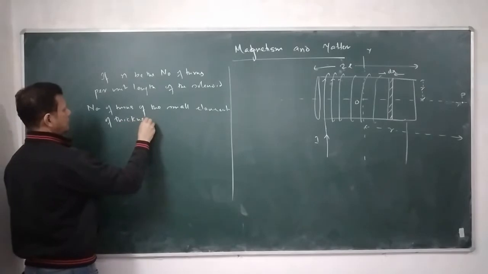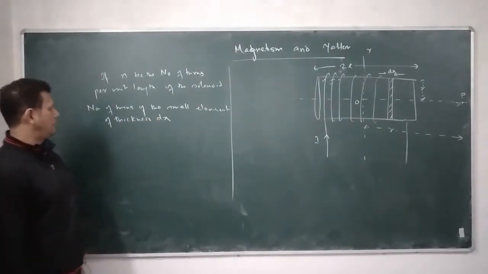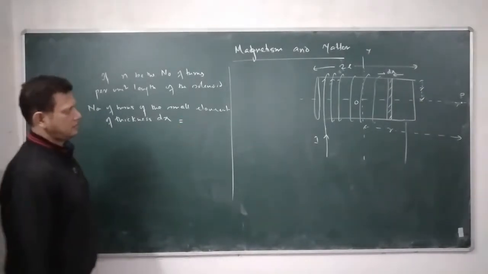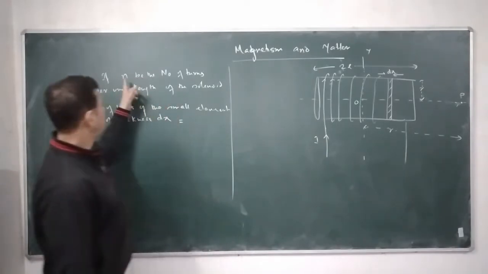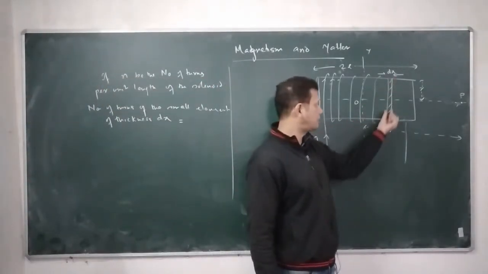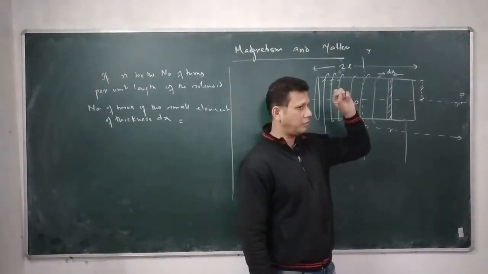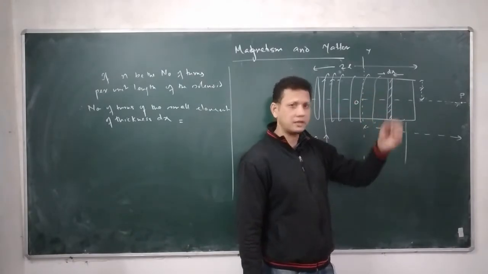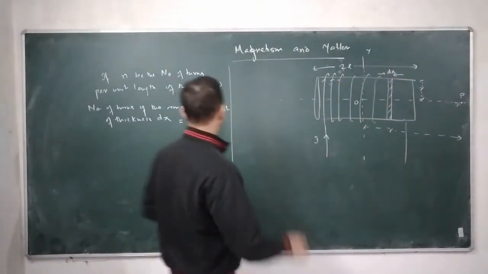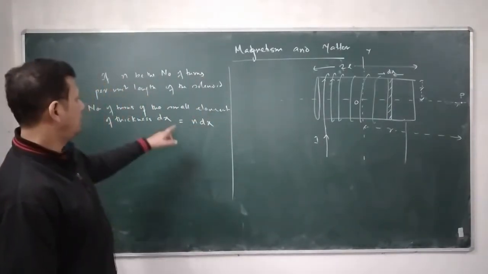The thickness is taken to be how much? dx. So the number of turns of the small element of thickness dx is equal to what? n is the number of turns per unit length, and we know the length of this small element is how much? dx. So for unit length, the number of turns is n. So for length dx, the number of turns will be n into dx. So this is the number of turns